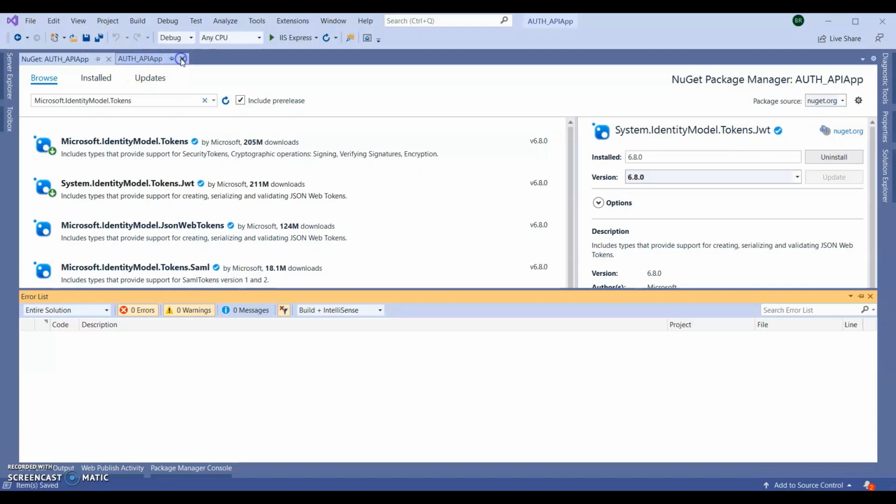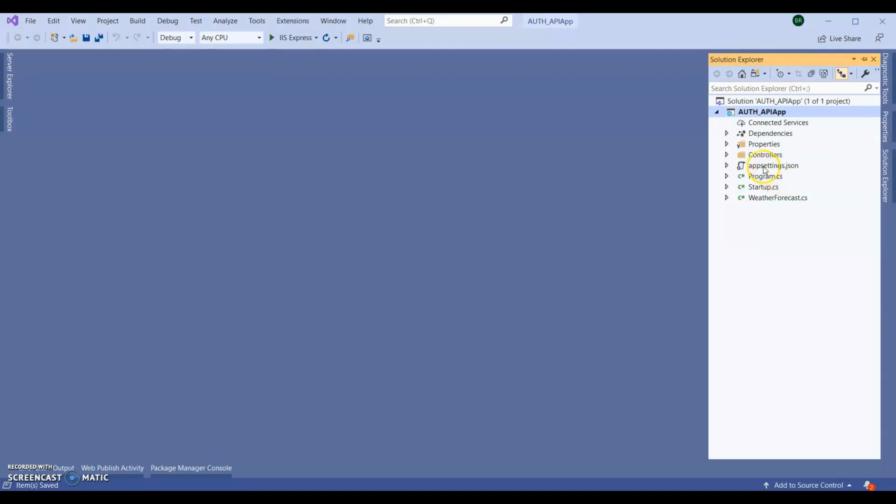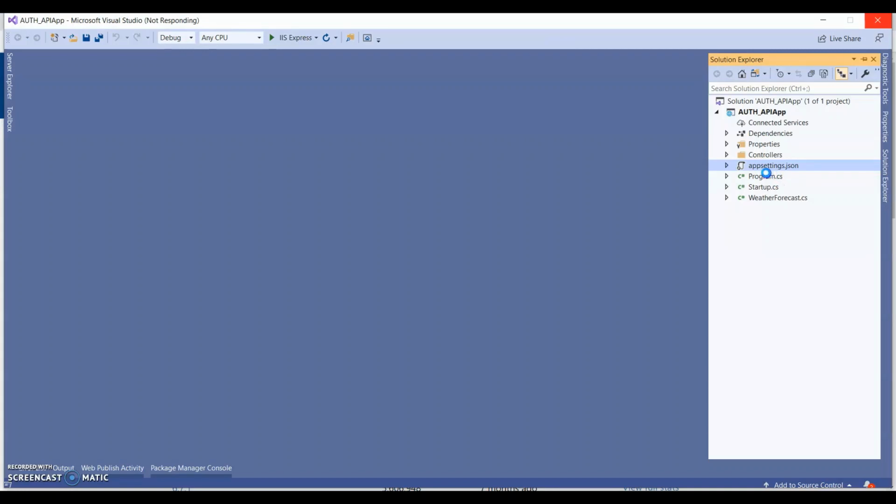Now go to our appsettings.json file. Inside the solution explorer, you can see the appsettings.json file. Here we need to add our key and issuer. The same thing in our previous .NET Web API we added in the web.config file.